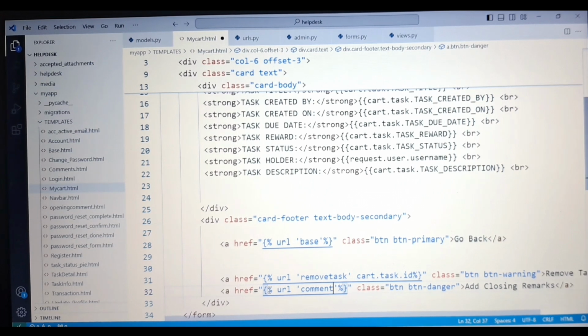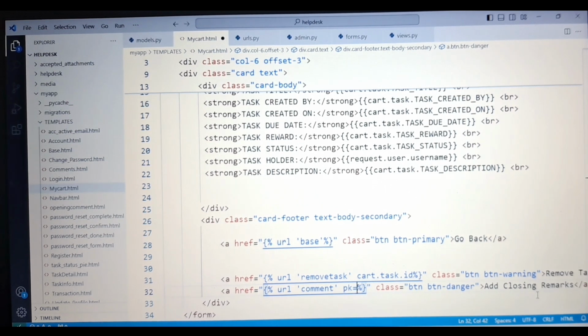This is your URL name. Then after that, space. Then you have to define what things you want to transfer. So as I told you, I want to send the ID when I click on add closing remark. So which ID do you want to send? That is pk equals to